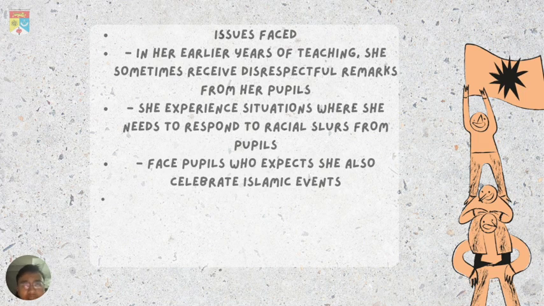She sometimes receives disrespectful remarks from her pupils. For example, she sometimes finds that pupils dare to glare at her, and dare to say something that is not good conduct to her. Next, she experienced situations where she needed to respond to a few racial slurs from pupils. Racial slurs means something pertaining to her skin color,